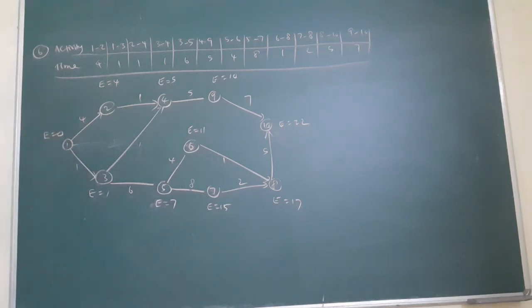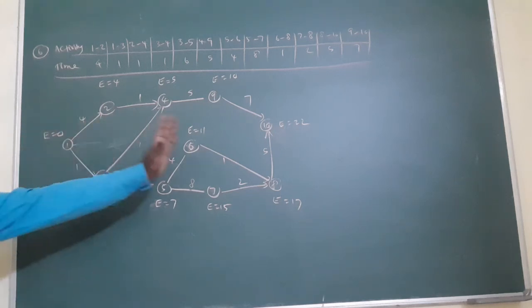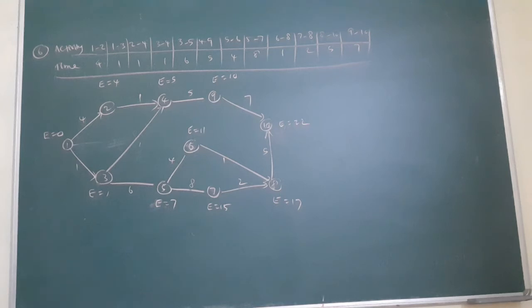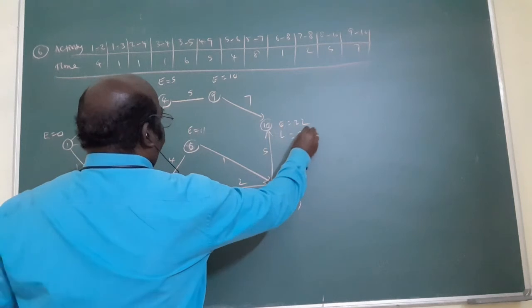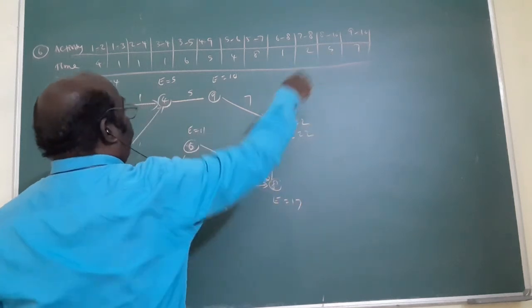E values over. Important condition. We have two roots, meaning out of two roots, whichever is the maximum number, that number should be written. That's very important. Am I right? From here to here, over. Now what I told you, start with the L. L, what I told you, L is what? The maximum number, 22 only. Last number is 22, because 9 to 10, 10 is the last number.